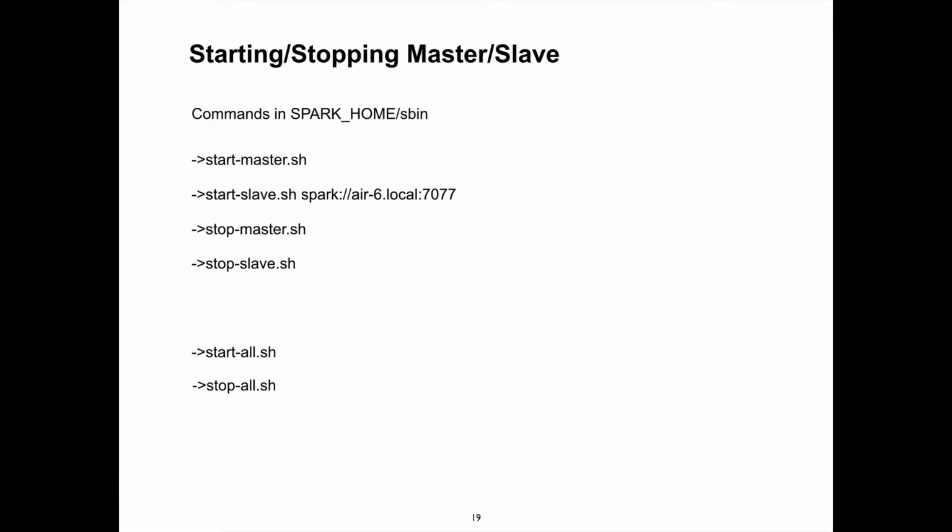There are various commands: start master, start slave, stop masters, stop slaves. But if you're doing this on a single machine, there's start all and stop all, which is a little easier than having to first start the master and then start the slave.